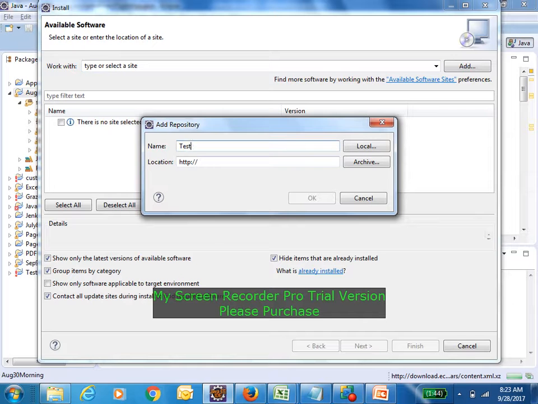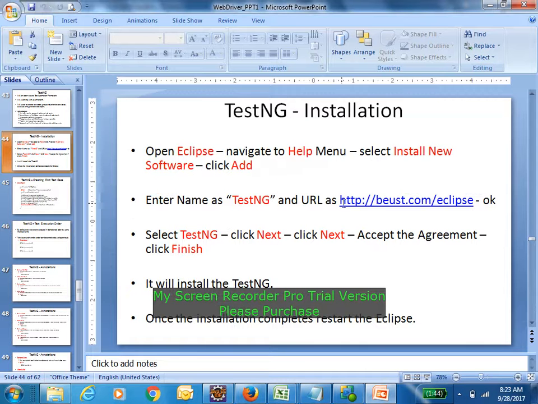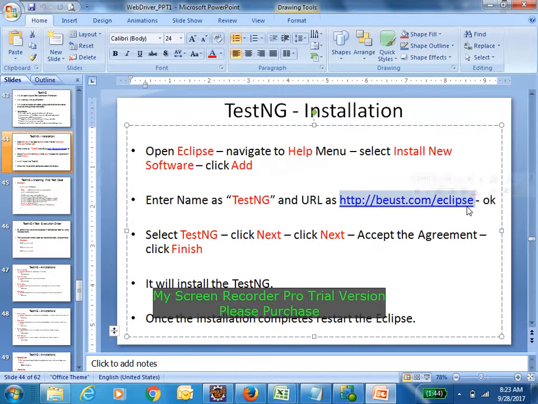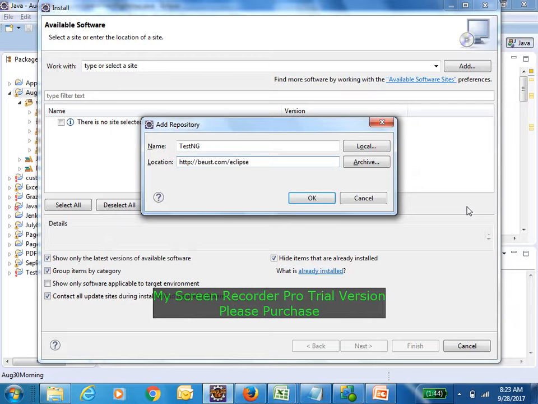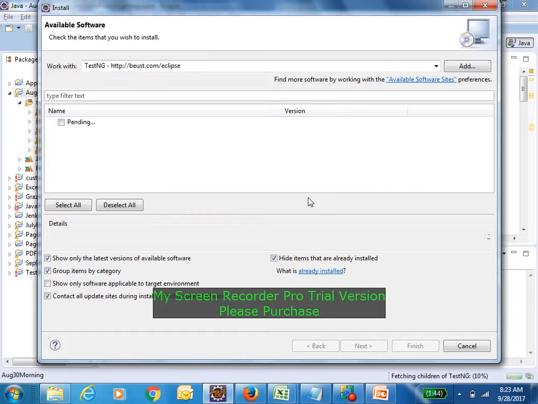There you can specify TestNG. Then you can type the location from where we need to download TestNG. The location I have given here. So this is the site. Yeah. Make sure that you have an internet connection, because it will connect to this specific site. It will download those jar files and add them to your project. Okay, just click OK.